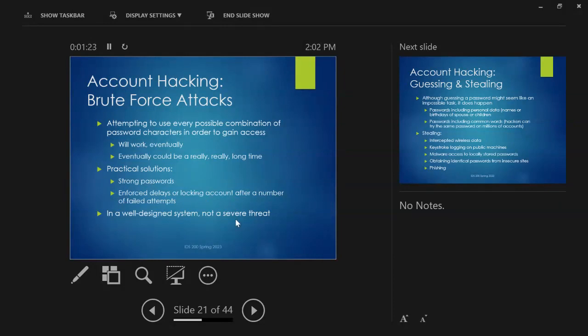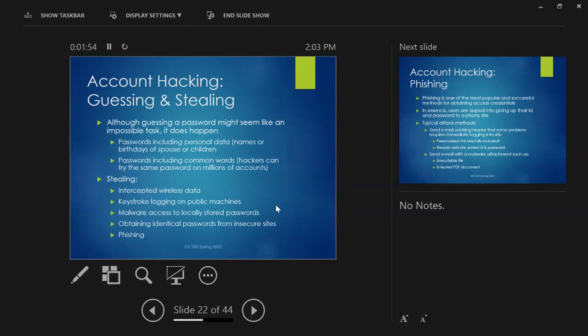Okay, so in a well-designed system, the brute force attack is not a severe threat. Once upon a time it was. In the unlikely event any of you have seen the movie War Games, I think it was from 1983, there's some bored teenager who hacks into a Pentagon system because it's protected by a 4-digit PIN code. And he just has his computer cycle through all the possibilities in a minute or so, and whoop, eventually he gets in. Of course, that sort of thing is no longer possible in a well-designed system.